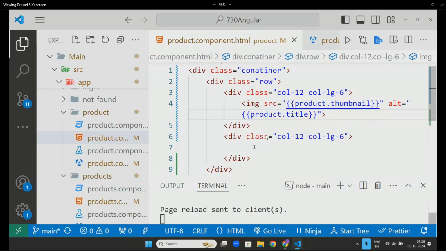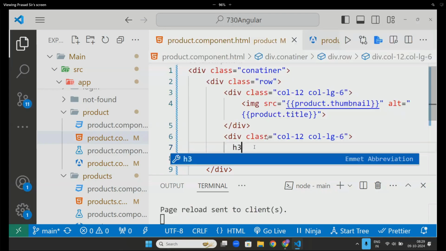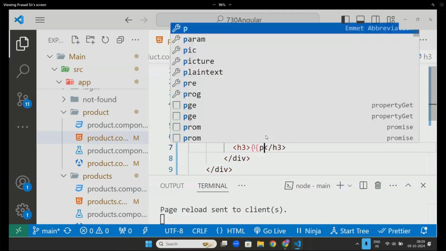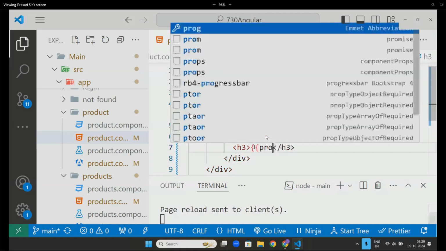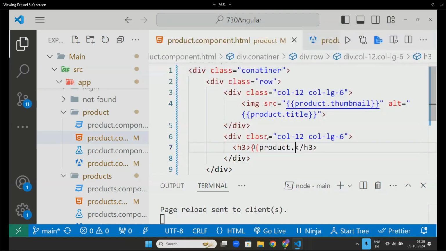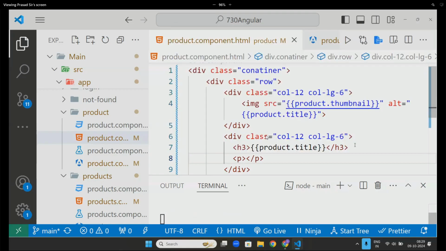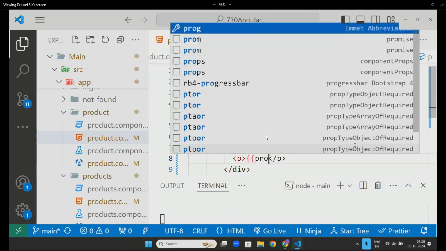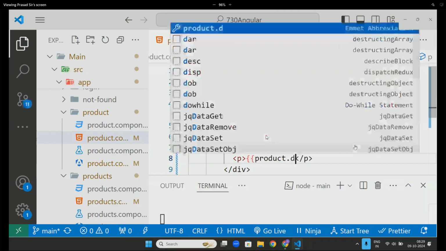If it's not adjusting, I will try it. Now here, H3, product dot title. Now here, paragraph, product dot description.